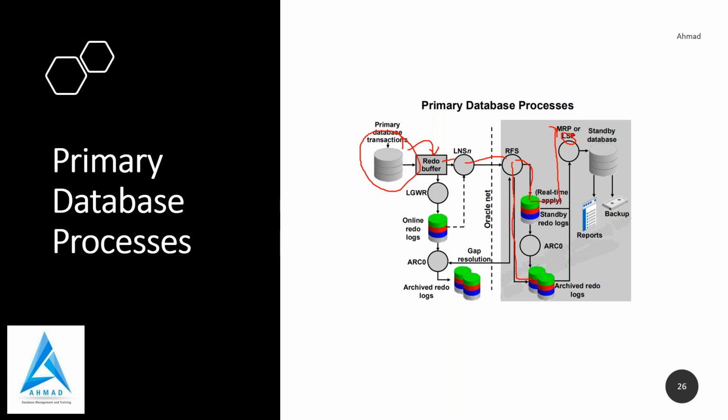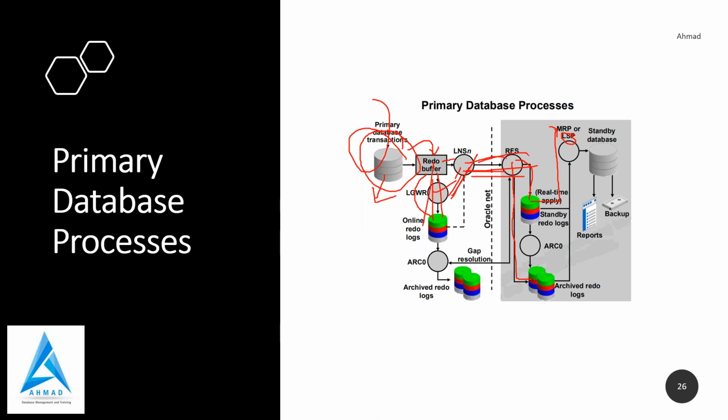And in synchronous mode, LGWR waits for LNS for confirmation, then LGWR writes another entry, otherwise LGWR will wait. So your production transaction will wait, and data loss can happen. So that's why in synchronous mode you have to think about that. And if asynchronous configuration is used, then LNS writes independently and LGWR writes independently, with no acknowledgement between these two, so nothing is in danger on the production side. So that's why in asynchronous this is the good thing.